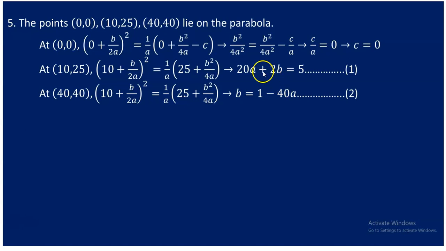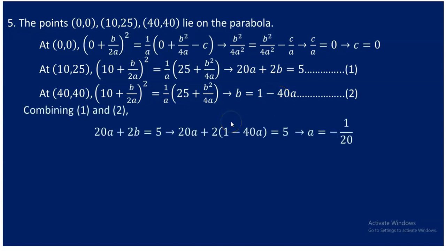So look, students, using equation number 1 and equation number 2, combining them, we can determine the values of a and b. Combining 1 and 2, 20a plus 2b equals 5. In place of b you can put 1 minus 40a. 20a comes as it is, but 2 is taken as it is. In place of b, 1 minus 40a is used, and this has to be equated with 5. This is going to be 20a minus 80a, and this is 2 times 1, and after rearranging this you will obtain a to be negative